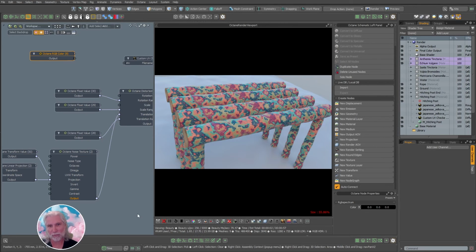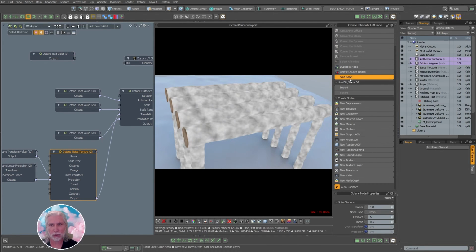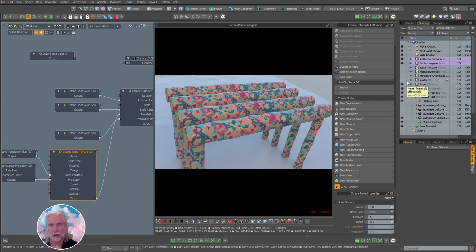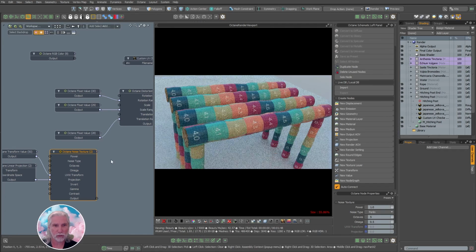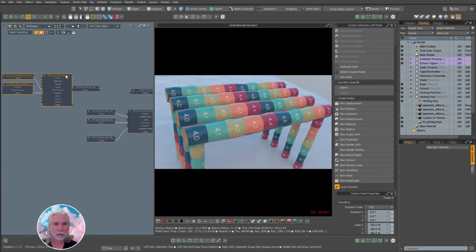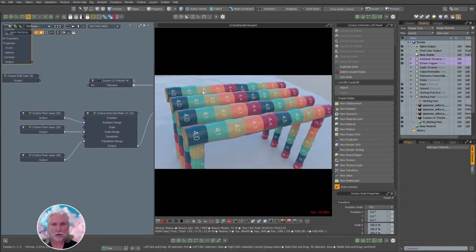It's really just mangled these UV coordinates via this noise. If I select the noise here and click solo node, you can see that's the noise, and that's the effect it has on UVs. So we don't want that, although this could be useful in some cases, so that's why I wanted to show it to you. But what we really want to do is just get a different color for each one